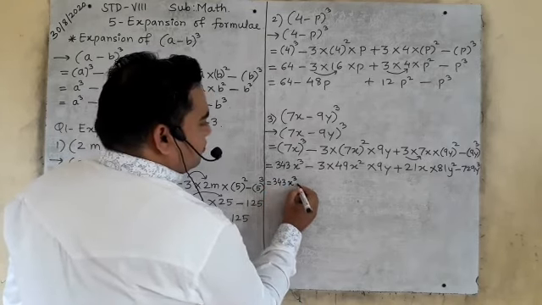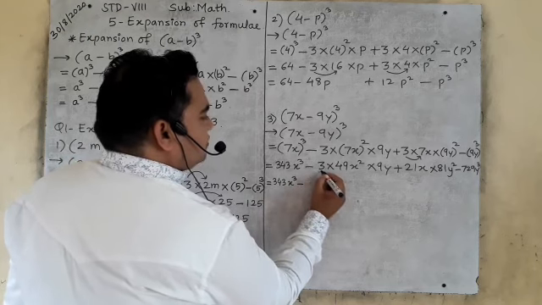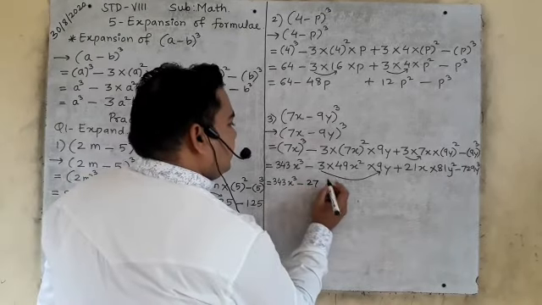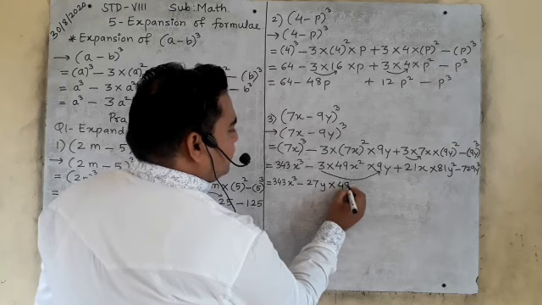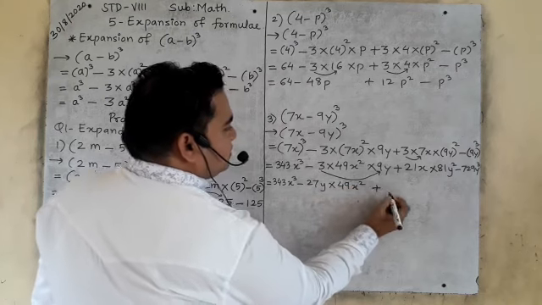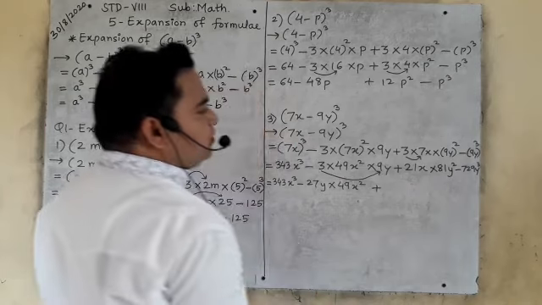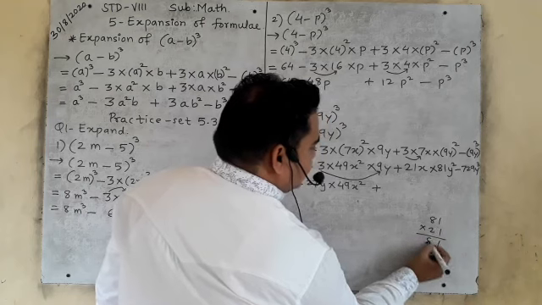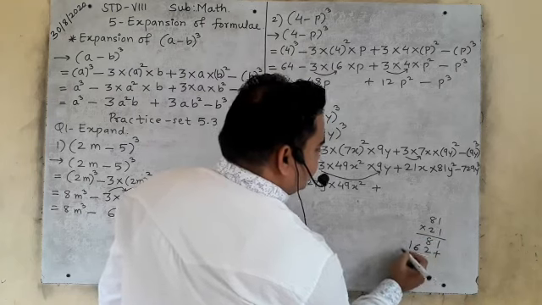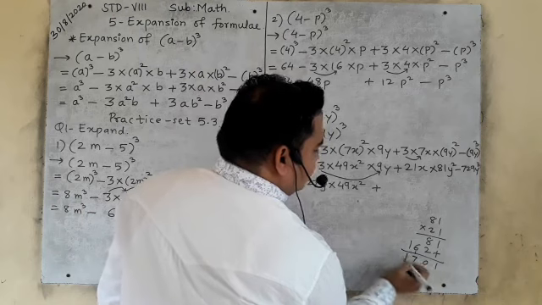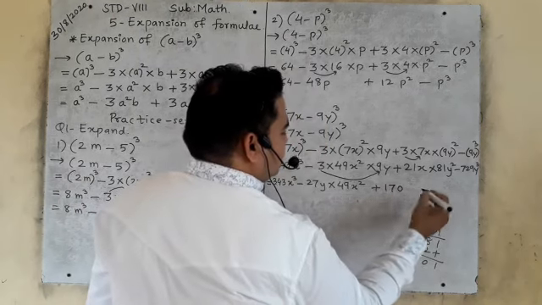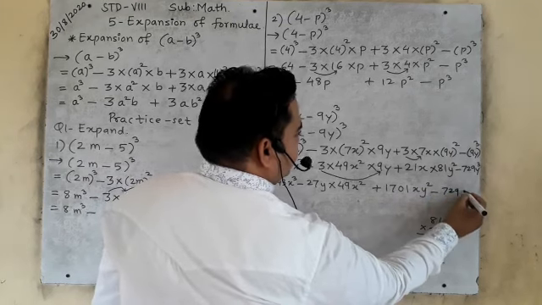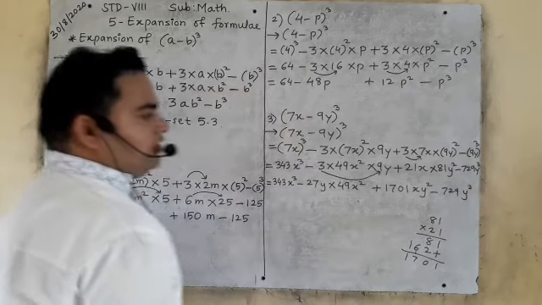343 x cube minus, you will multiply this. This is very easy. First you will multiply this to this. This is 3 9s are 27 y multiplied by 49 x square plus 21 will multiply to 81. So multiply 21 will multiply to 81. 1 1s are 1, 8 1s are 8 plus 2 1s are 2, 2 8s are 16. 1 10 7 1. So answer is 1701 x y square minus 729 y cube. Okay. Is it clear?